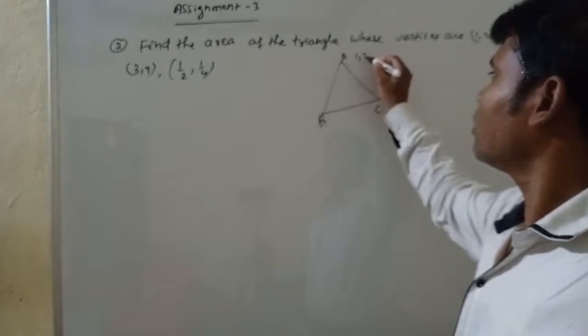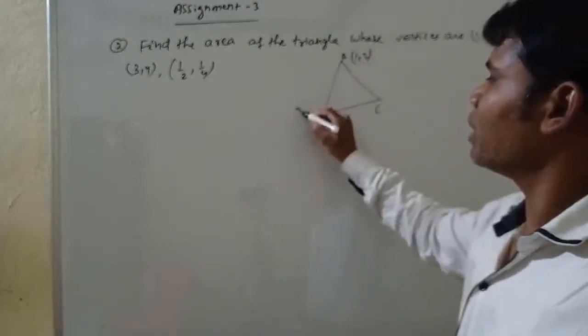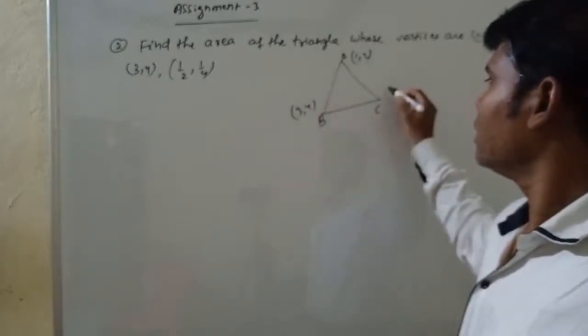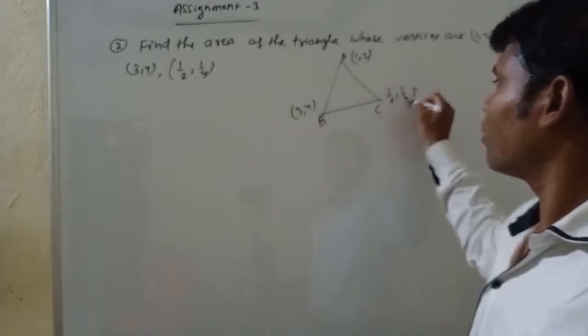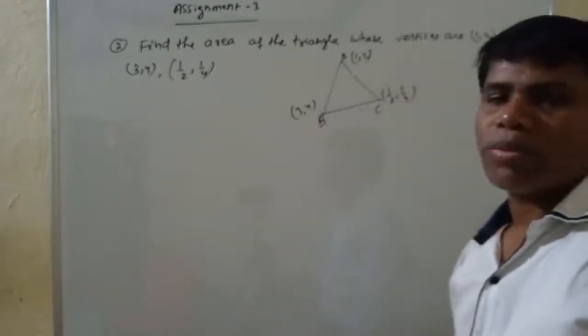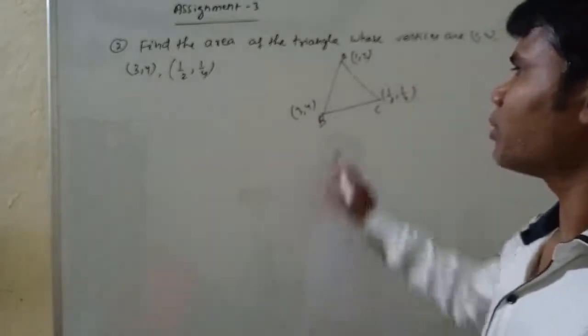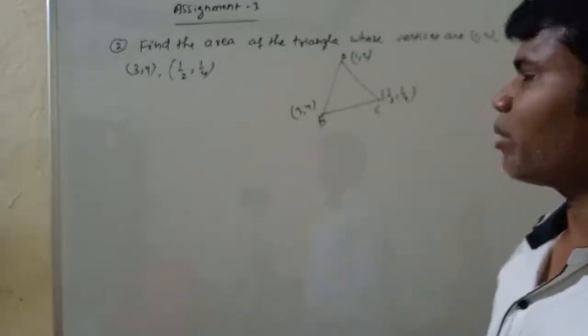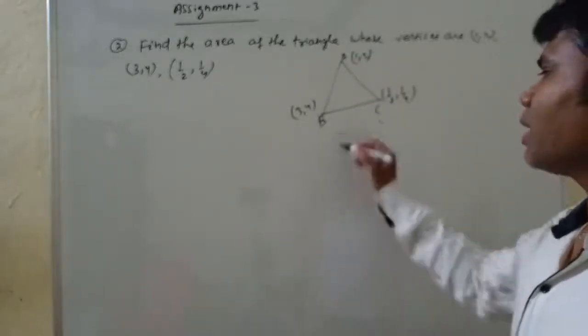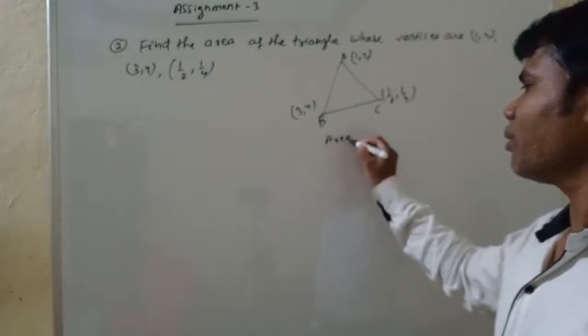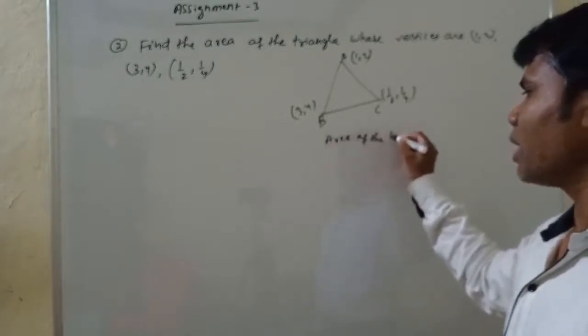Suppose A is equal to (1, 2), B is equal to (3, 4), C is equal to (1/2, 1/4). Okay, you know the formula. What is the formula? Suppose 3 points are given. What is the formula? How to find the area of the triangle? Area of the triangle is equal to